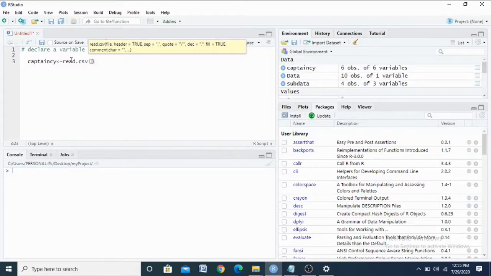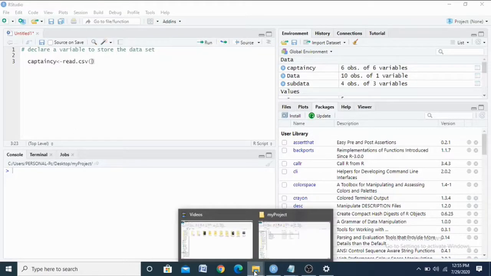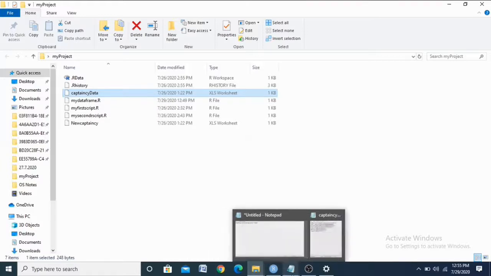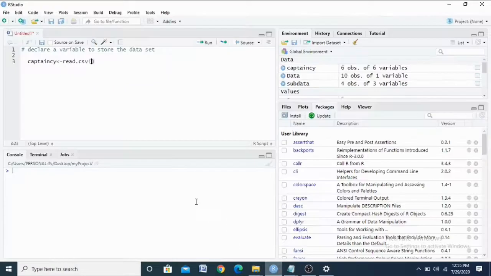I already have the captaincy data file in my project folder, so just verify that the captaincy data file is there. I can read the captaincy data file from this and then store it in my script. So read.csv, captaincy data.csv.